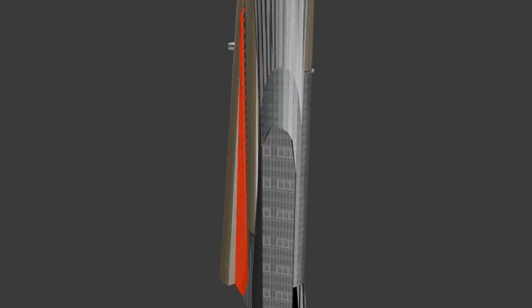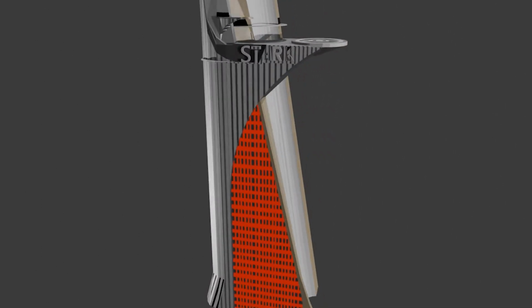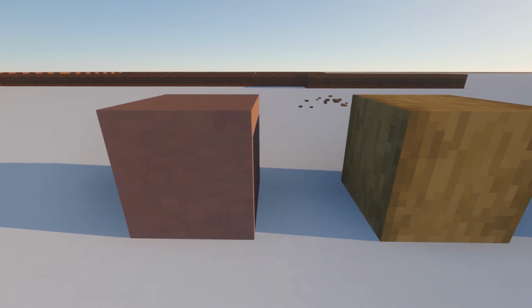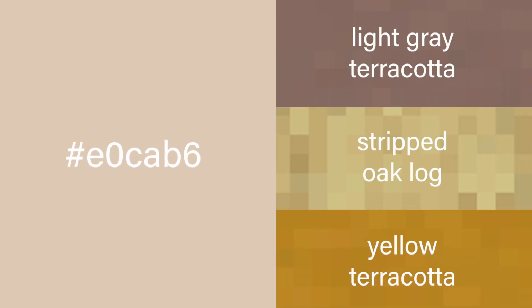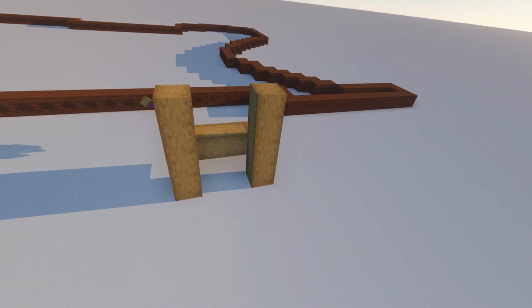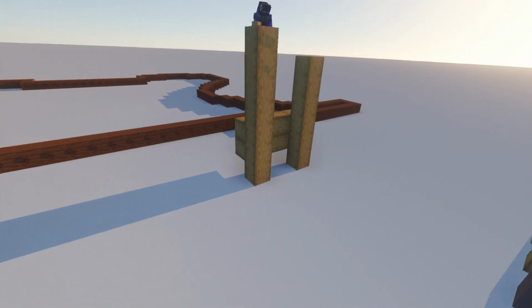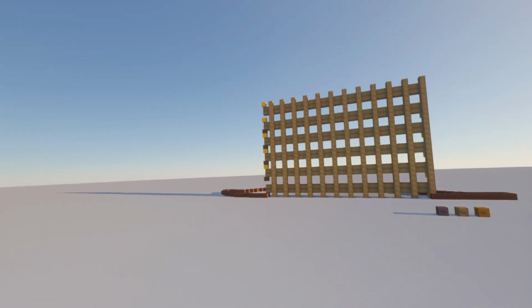But which block should we take? So after analyzing several frames from the movie, I think the color must be approximately this one. I found these blocks being similar to the color we need, and when we compare them with the color, I think this block is the way we go. So let's create such a pattern and stack it to the left and especially up.